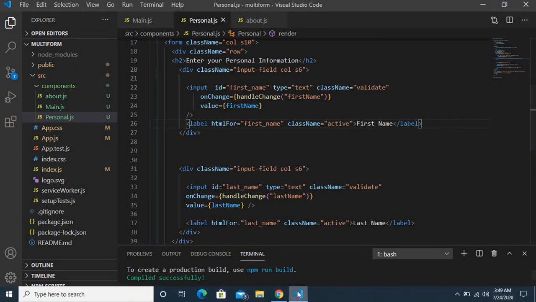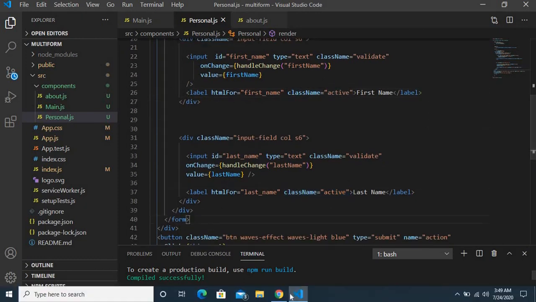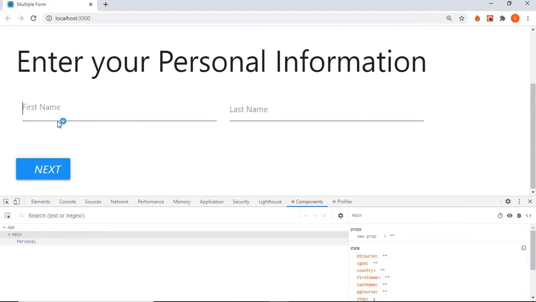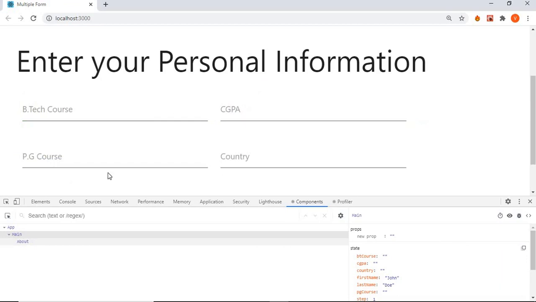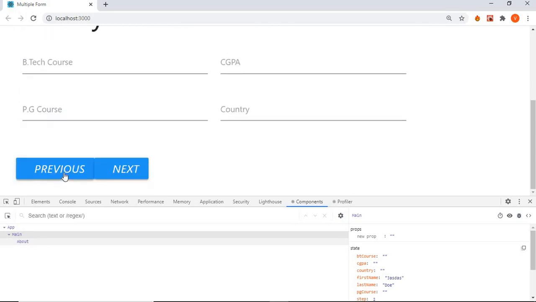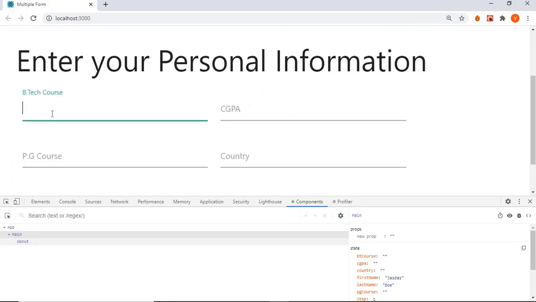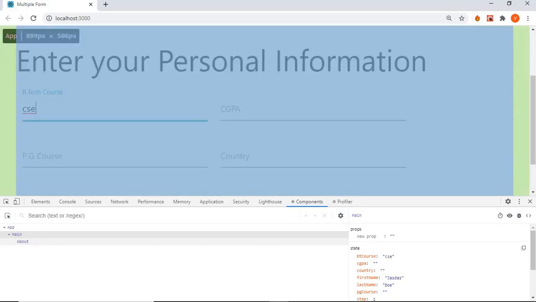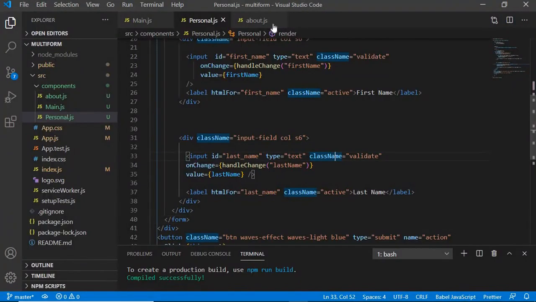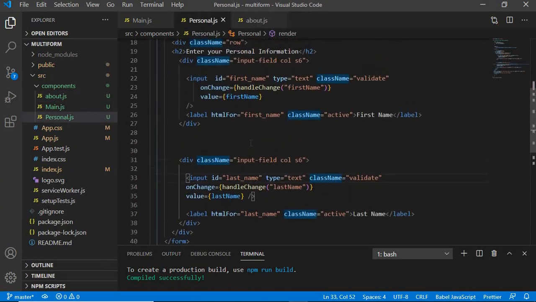So let's save that. I've already done it for last name, and to show you the difference I had done it. Now let's say John and Doe. Go back, it won't be a problem. So now I'll make some change. I'll say it's something else, so that won't be a problem. It gets updated. You see right here. Alright, so let's go make the changes here. So let's say CSE. Actually this won't get stored, so let's go do the same for about.js, and here let's just